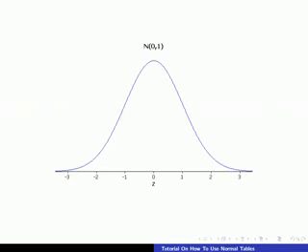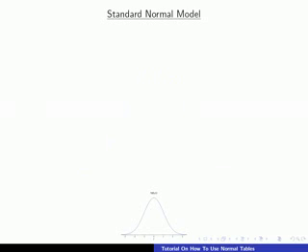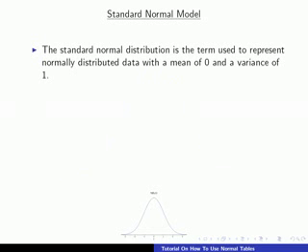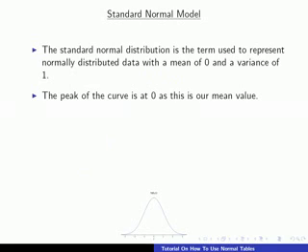We're going to talk through how to use the normal tables. So the first thing we'll have to have a look at is the standard normal curve, which looks like this. The standard normal distribution is what we call normally distributed data that has a mean 0 and a variance 1. The highest point of our curve occurs at the 0 mark on the x-axis because 0 is our mean